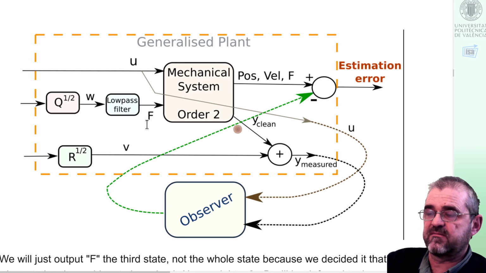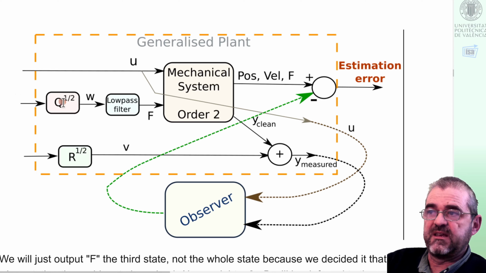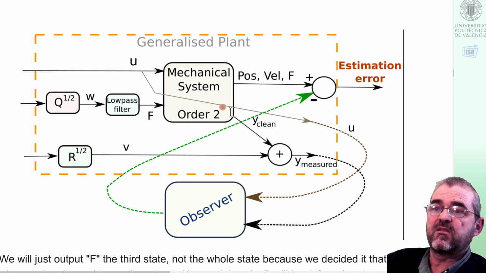Well, it means that we'll have scaled amplitude 1 or power spectral density 1 process noise input that will be modulated to some physical units. In this case, multiplied by 4. It will be low pass filtered. This will give me the force that added to my U will move my mechanical system, and then I will